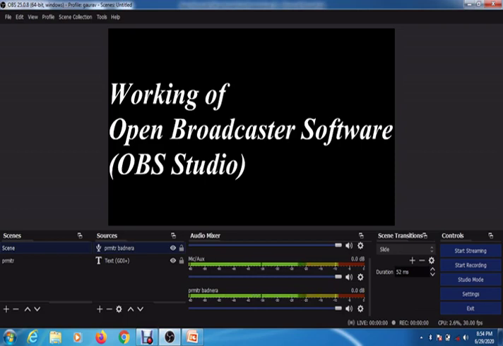So the purpose of the audio input capture is that if you want to add one or two audio inputs to your desktop, you can add them from here. I have connected a wired earphone by default. If you are using a Bluetooth earphone and it is connected, the laptop will identify it and it will be recognized in the audio input capture.